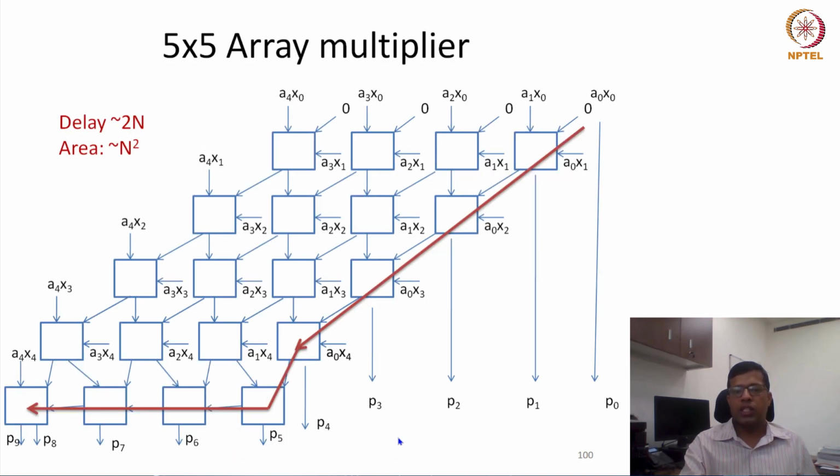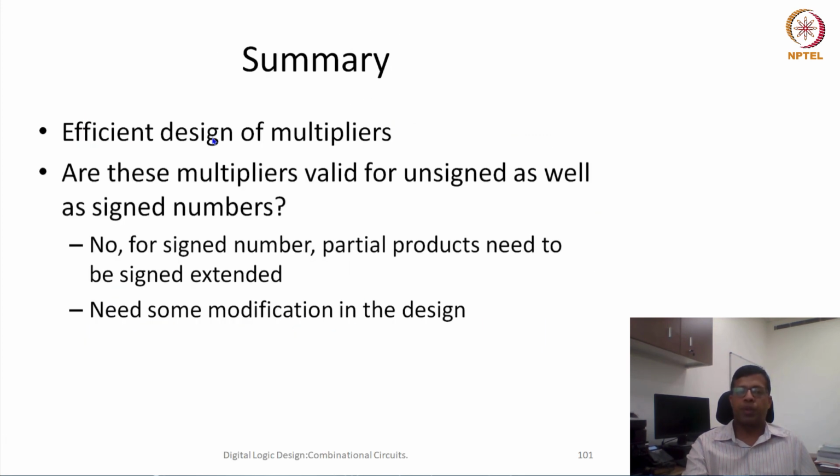For example, if we see this last one, let's say there is another addition here, there is another addition here, still the worst case path is going to be 2n. So there is no impact, at least on the array multiplier, if we have the additional adders in this lower half, in this upper half. In the triangle also there would be half adders and full adders, and these full adders will create some additional results, but the delay is still going to be the same. Okay, so with this we can close today's lecture, and I'll say thank you very much.